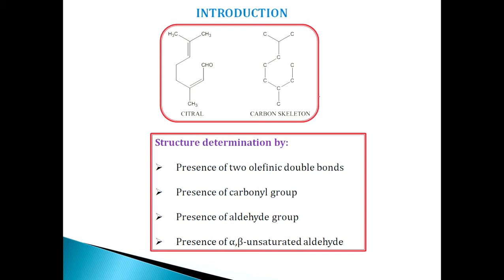So what are the uses of citral? Citral is an aroma compound used in perfumery for its citrus effect. And citral is also used as a flavor and for fortifying lemon oil. It is used to prepare antiseptic, antiviral, and antibacterial drugs. Citral is also used in the synthesis of vitamin A and beta ionone. These are all the uses of citral.